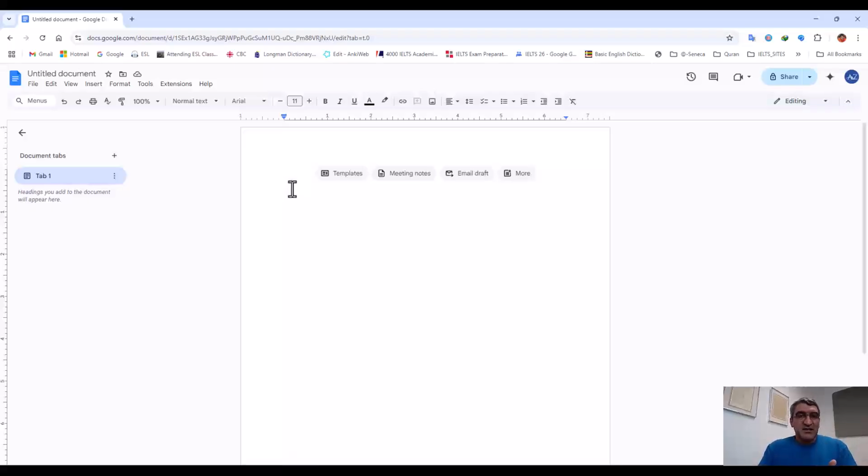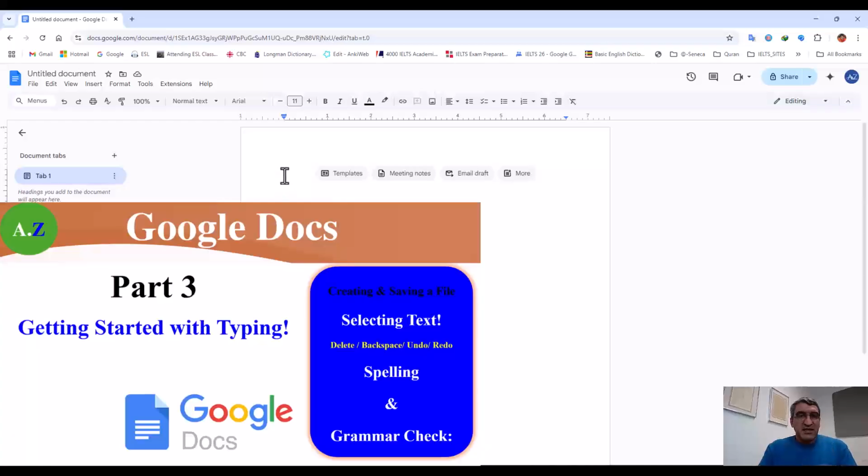My question is, what is the first thing that you should do when you are going to start typing or creating a file? You get familiar with the workplace, but now this is the file that you are going to create. Do you think we should start typing anything that we would like, or should we do something else before starting to type?